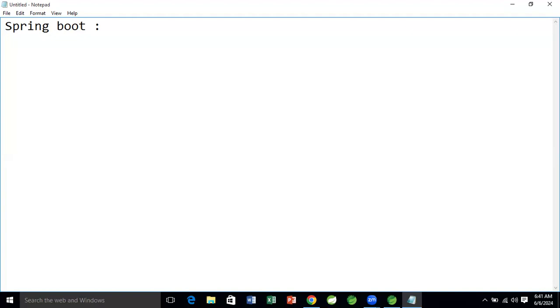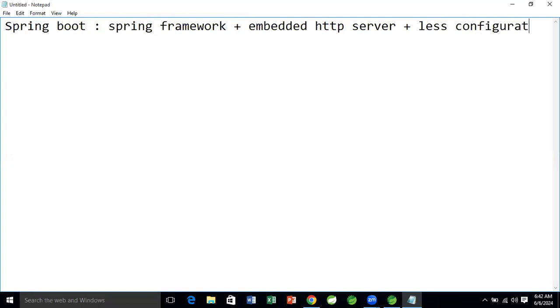Okay? We can say Spring Boot is equal to Spring Framework plus embedded HTTP server plus less configuration. Okay,